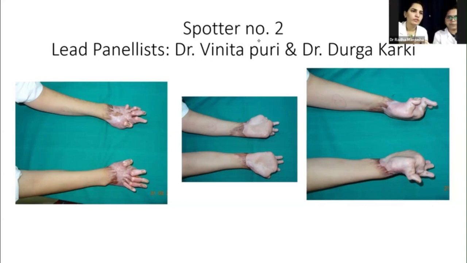First, we have to release the contracture over the MCP joint, ma'am. What procedure will you do? Capsulotomy over the MCP joint, ma'am. We would go for an incisional release of the contracture and capsulotomy of the MCP joints. And where will you give the incision? Over the MP joint? 2 centimeters proximal to it, ma'am.